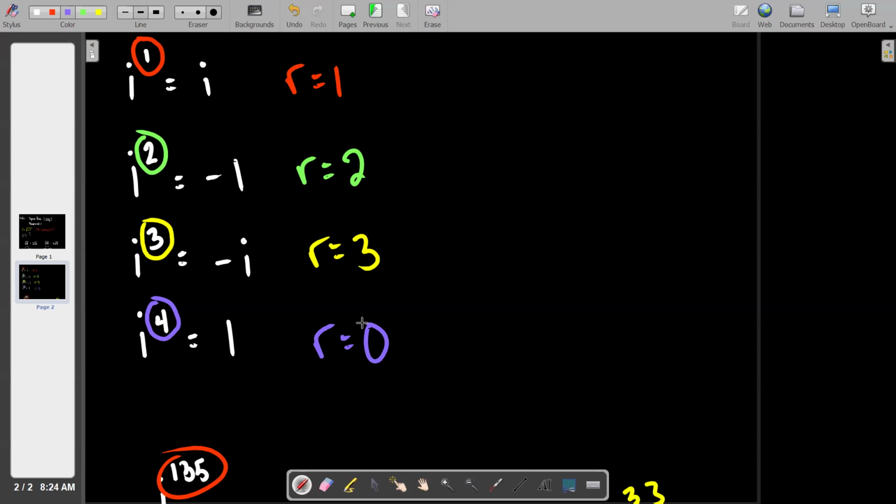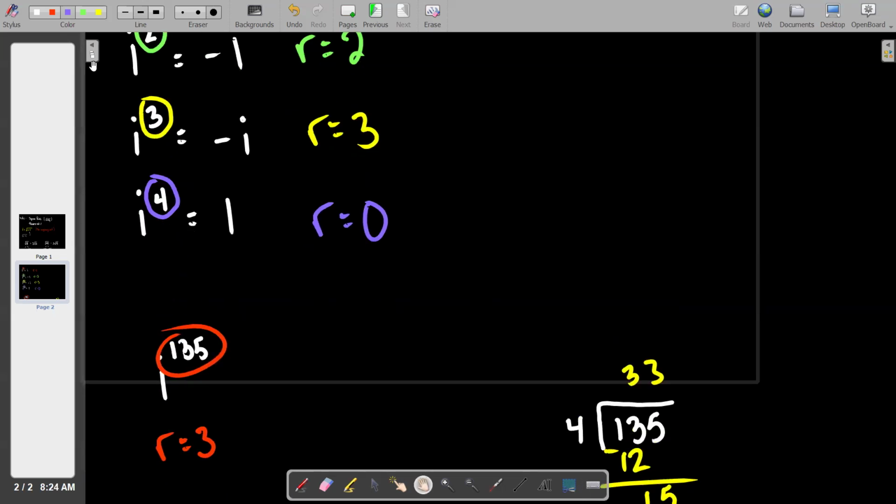So all we have to do when we want to find a large power of i is look back into our table and understand where it points us to. For i to the 135th power, what again did we get as a remainder? What's the answer? Then the answer is negative i. The remainder will point us right back to one of those 4 key components for this repeating pattern. And you can do that for any power of i. I can make it very large and we're not scared. I could do i to the power of